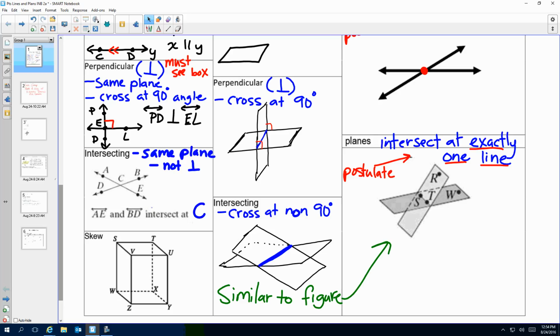So in here it says line AE and line BD intersect at, I know there's not an actual point there, but they want you to be able to read and recognize that where that line intersects would be at point C. That's pretty simple, right? Good. All right, now, you got to do